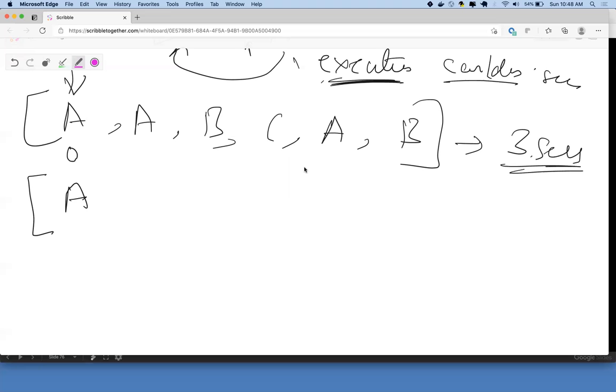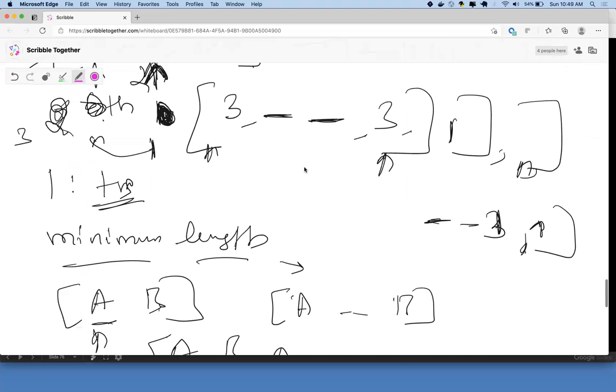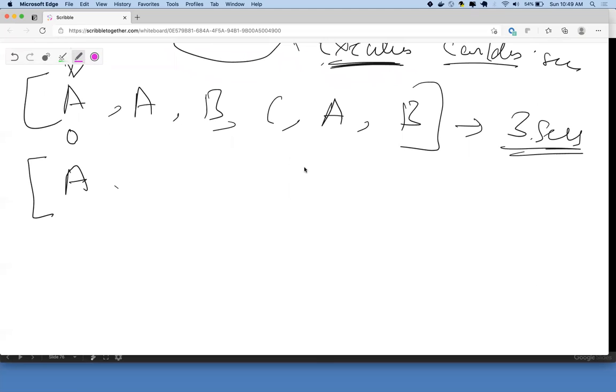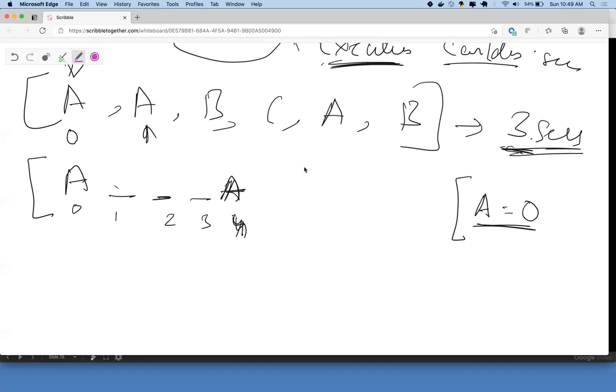Yeah. So basically, let me write down the optimal solution, like the minimum. So we have A. Then before we put down this, now this A comes. There has to be a cooldown of 3 seconds before this can run again, right? So we put A. Now also remember in my hash map, let's say I put 0 here. Now this is 0, 1, 2, 3, 4, right? Now I get my 4. I check with what A was before. Now this is 4 minus 0, or 4 minus 0 plus 1 or minus 1.